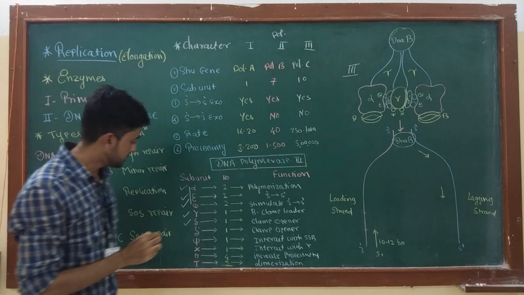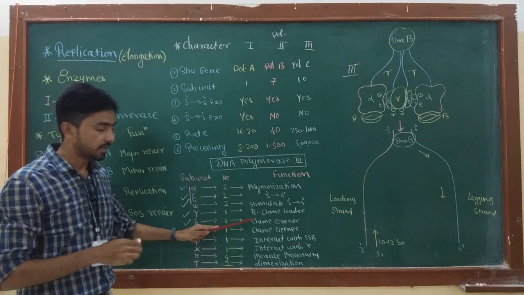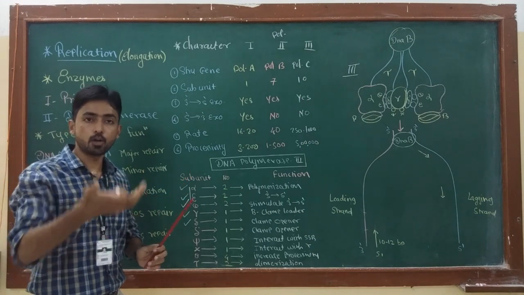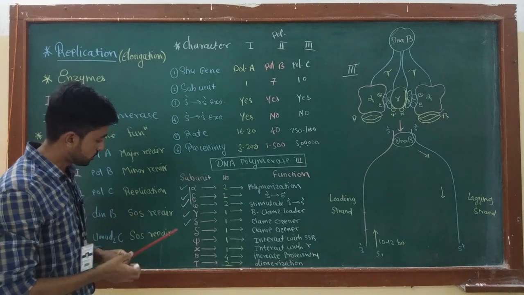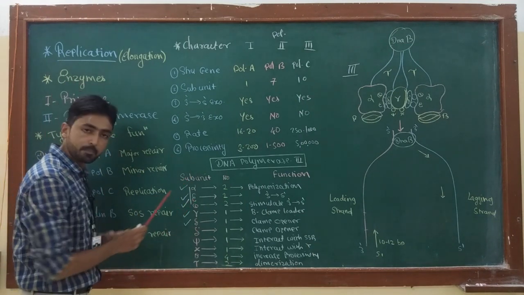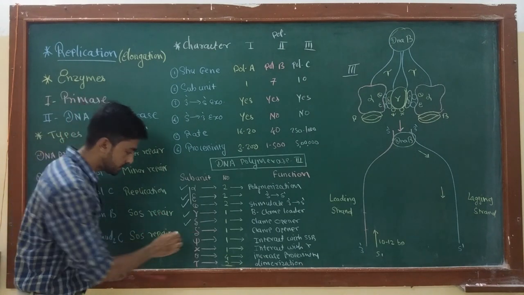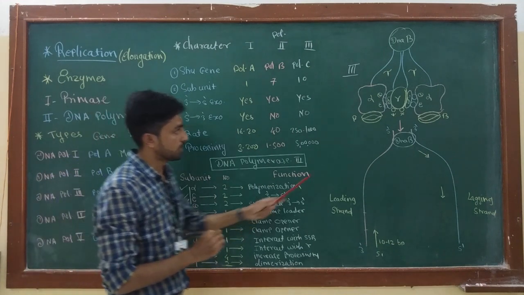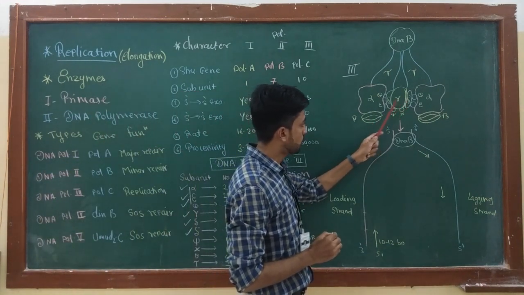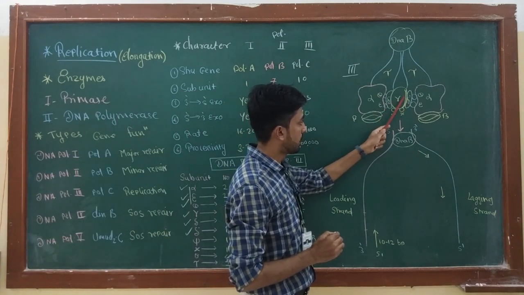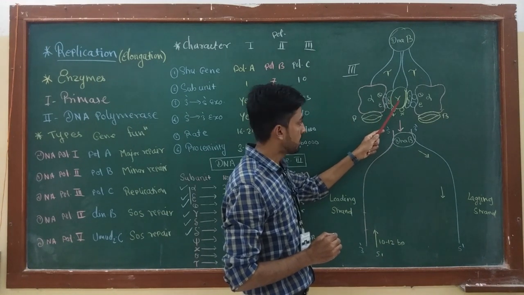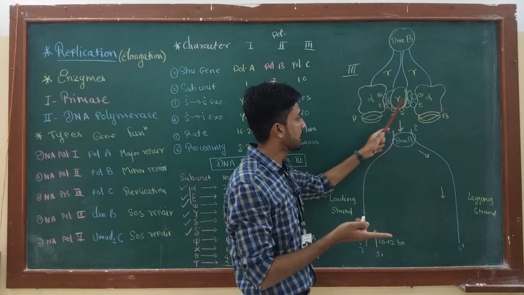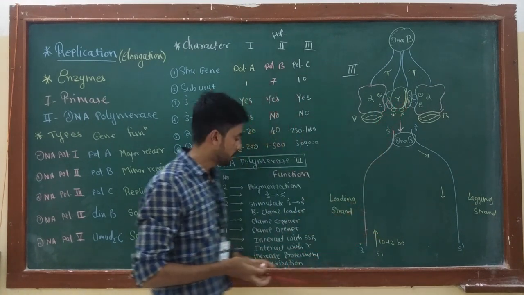Okay, this subunit mainly helps in opening of the beta clamp at the end of the replication process. Now the next is delta prime. This delta prime subunit also helps in clamp opening. Here you can see delta prime. So both delta and delta prime are attached to the gamma subunit. Gamma subunit helps in clamp loading, beta clamp loading, while delta and delta prime help in beta clamp opening.